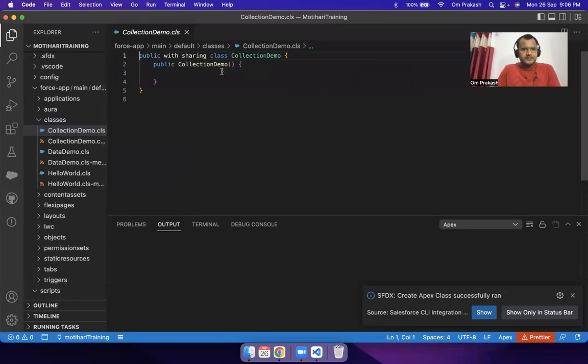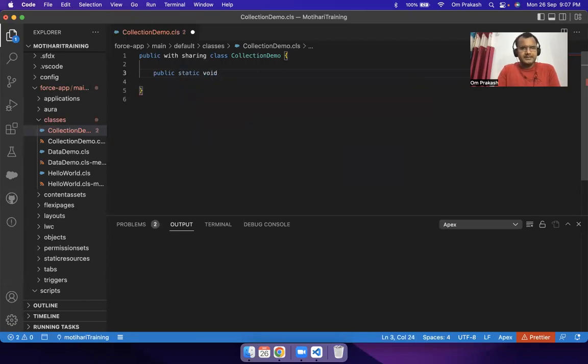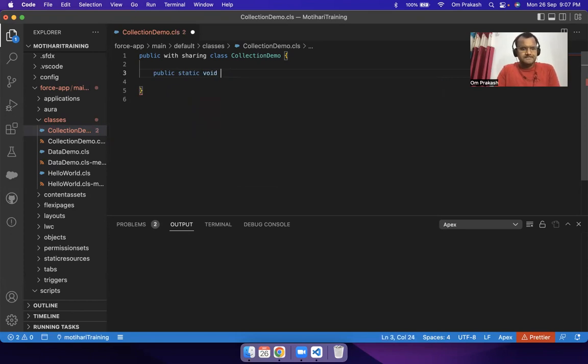Fine. Let me remove the constructor and just create a method. Okay, public static void demo, or let's say hello set. Okay, good. Now we know, as I mentioned earlier, if you need to hold multiple data, I can say multiple records,